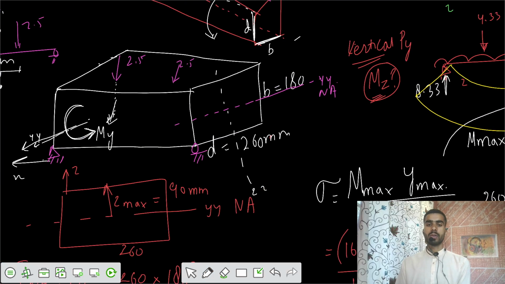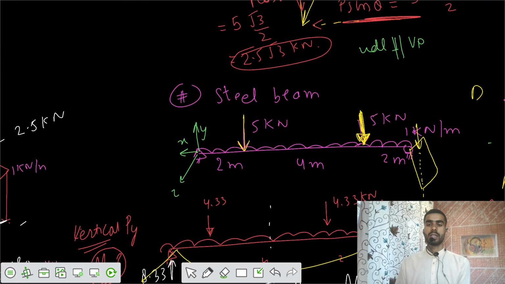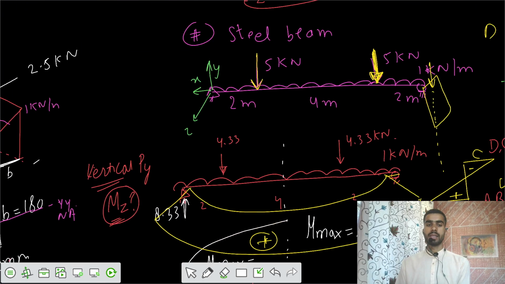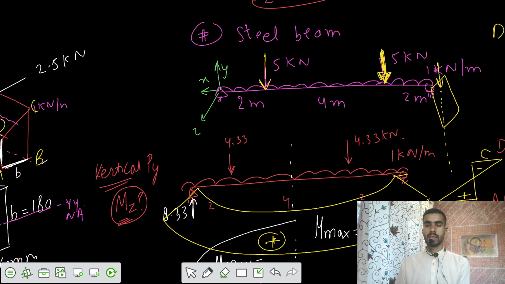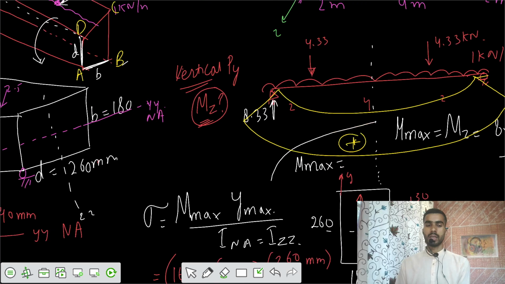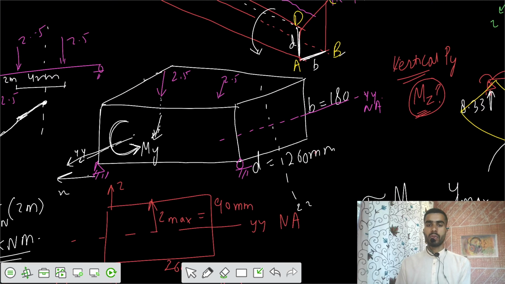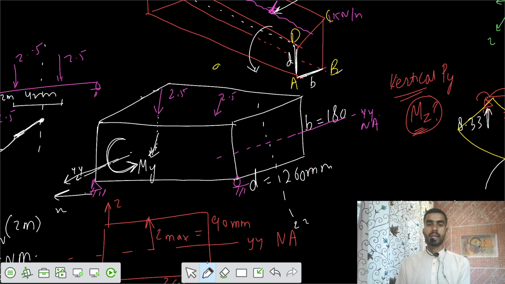But if you talk about the cross section, initially the cross section was ABCD. So let's have the ABCD. So this was A, this was B, this was C, and this was D. ABCD. This was ABCD. Now if you rotate it by 90 degree rotation, now you rotated the cross section, or beam, by 90 degrees. So